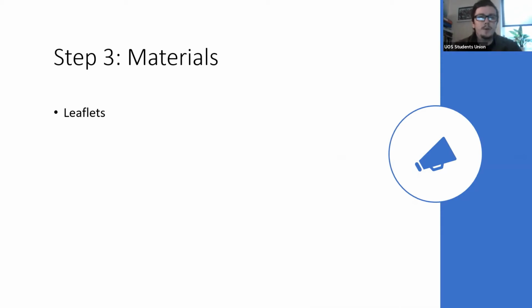So we're going to hand over to Gagana in a minute, but just to get a sense of what we mean by material, this is a loose term, materials. Some of these things aren't really materials, but they're ways of getting across your message to students. So the first thing, which is usually something I would highly recommend, is leaflets. But this year we're saying don't do leaflets, because leaflets are going to involve either face-to-face communication, or it's going to involve you touching a load of leaflets and leaving them somewhere, and we wouldn't necessarily be able to control whether they've been quarantined and all that sort of stuff. So it just gets quite messy during COVID.